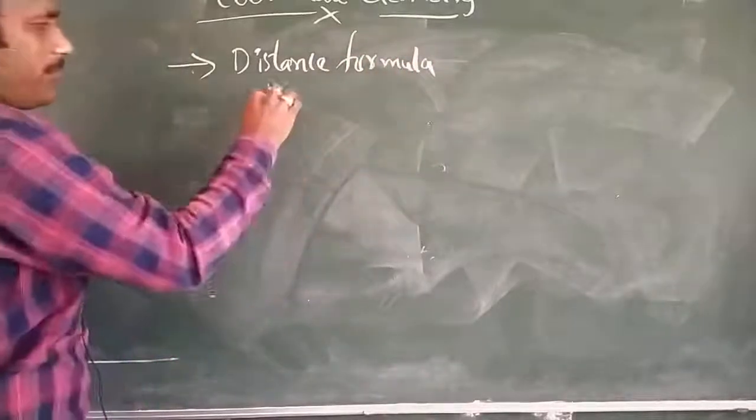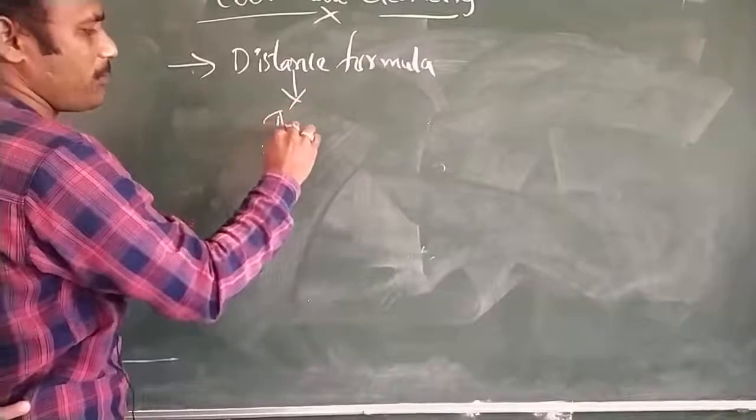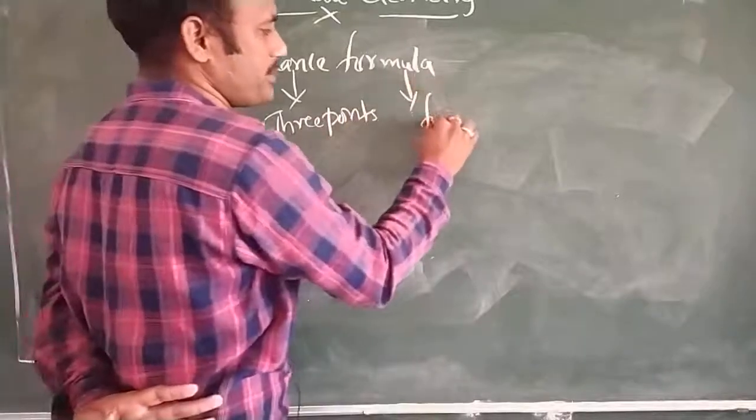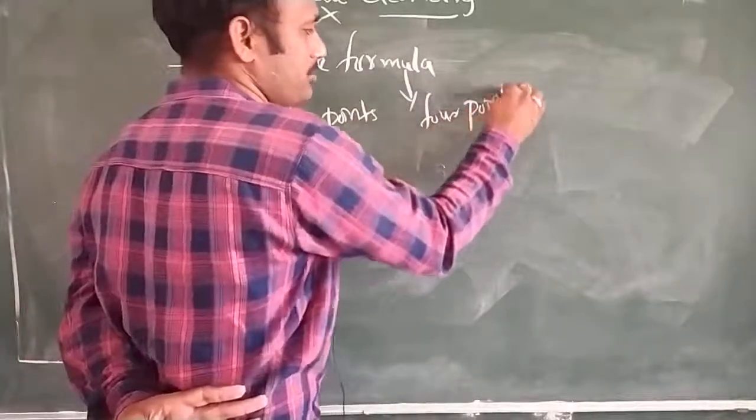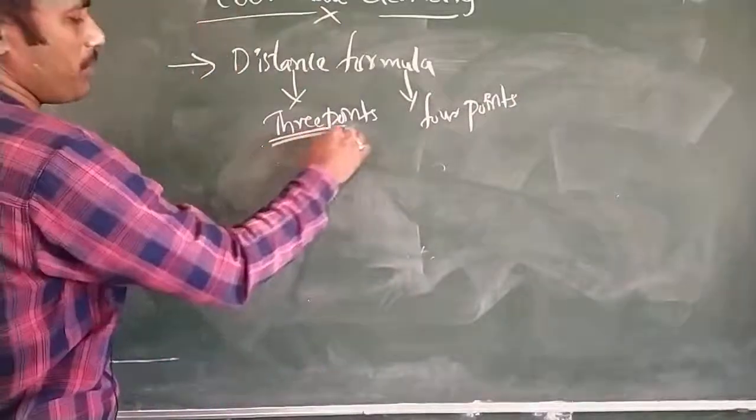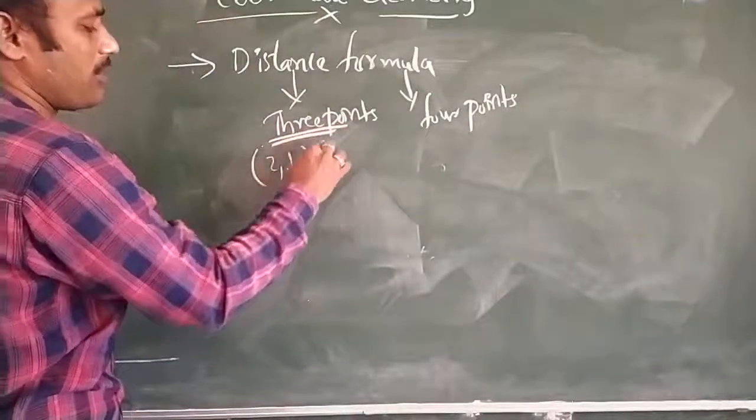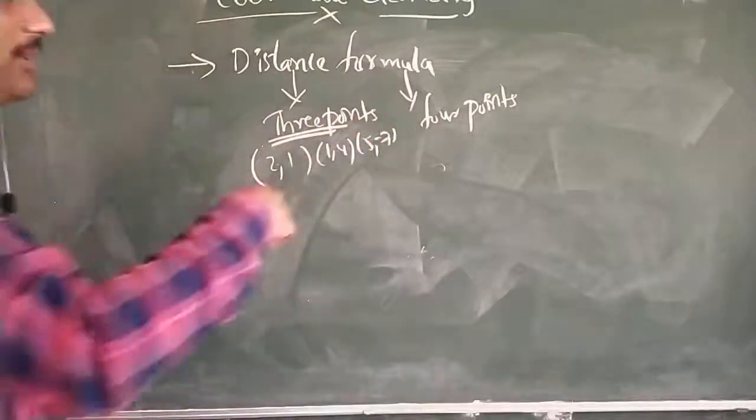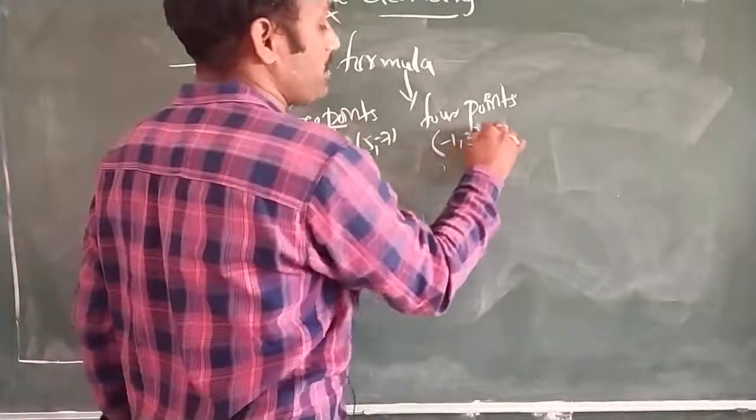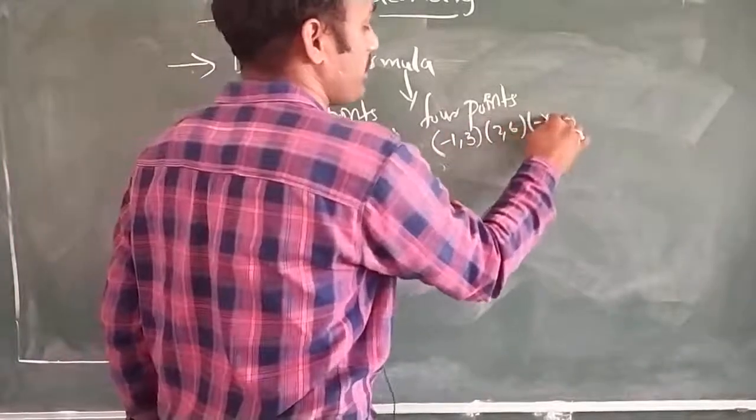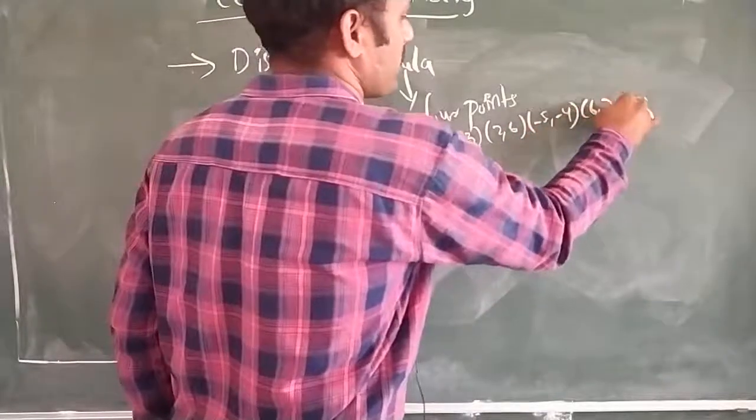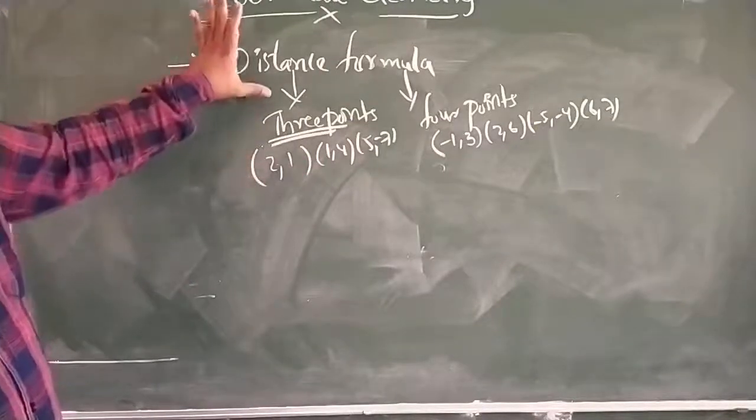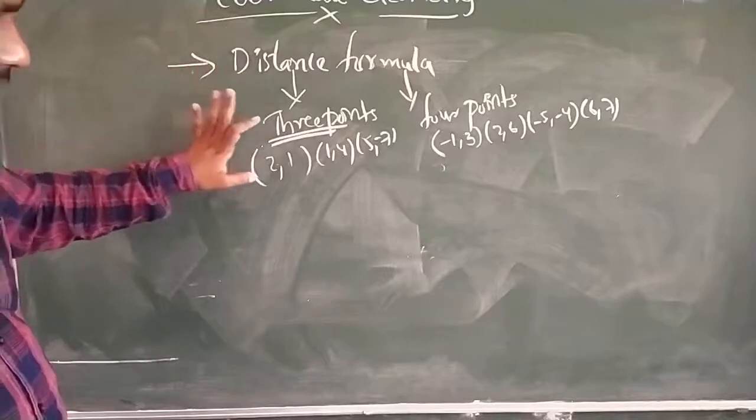In the distance formula, the main important things are we will have 3 points and we are going to have 4 points. If they are giving 3 points for us, something like 2, 1, 1, 4 and 5, 7, minus 7. And if they are giving 4 points like minus 1, 3, 2, 6, minus 5, minus 4, 6, 7. So, to apply the distance formula whenever 3 points are given or 4 points are given,